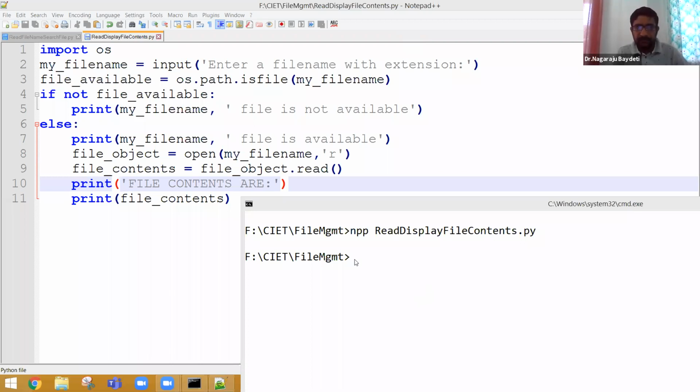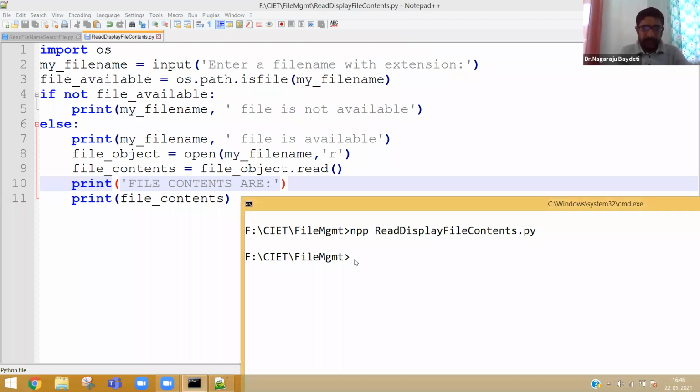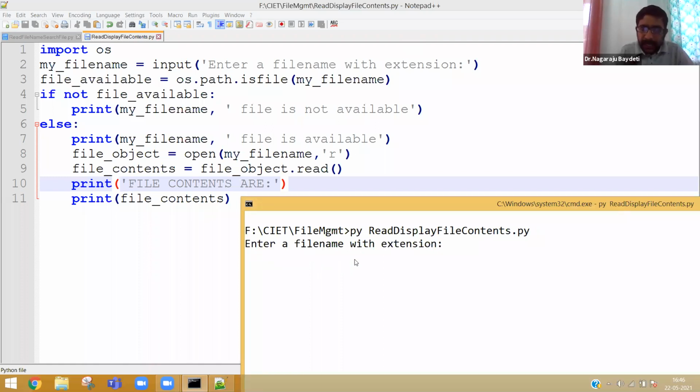Thank you, everyone. Now, let me execute the program. Py read display file contents dot py. Now, let me give the file which I am executing right now. The file which I am executing right now is read display file contents. Let me give the same file.